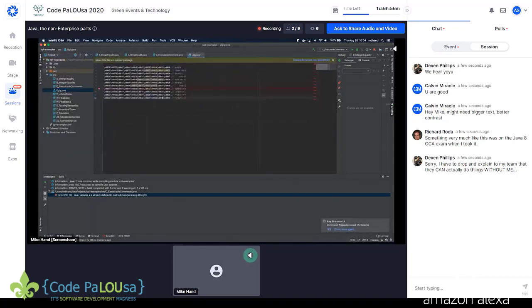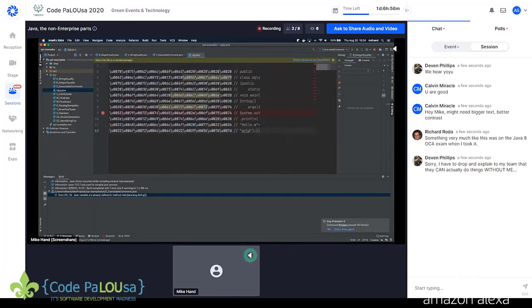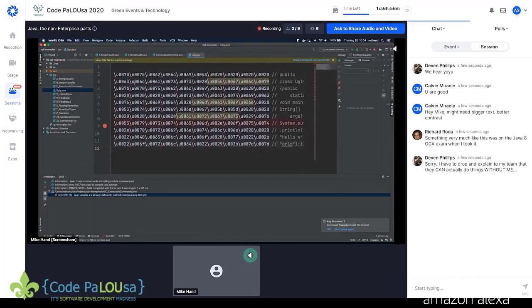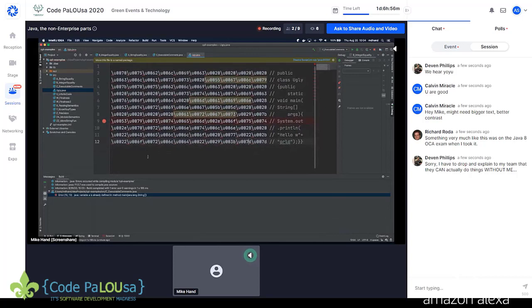And that one's called ugly.java, and here it is. For reasons that will become obvious very quickly, this was completely copied and pasted from somewhere online over the years.